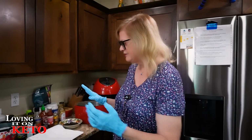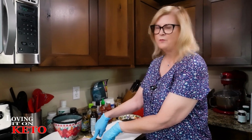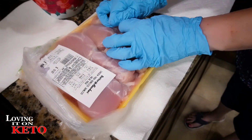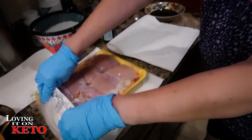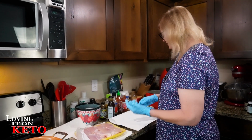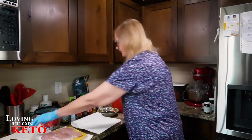You guys, we are taking boneless, skinless chicken thighs. It's got a little bit more fat. We didn't get chicken breasts here at the house, which I didn't know. Well, these I already had. I didn't take any out. I had these from Bash's. So what I have is